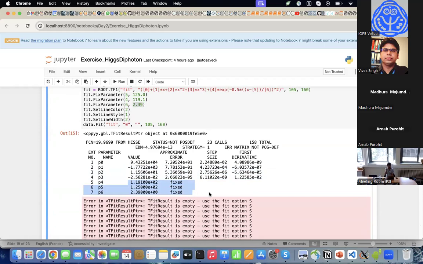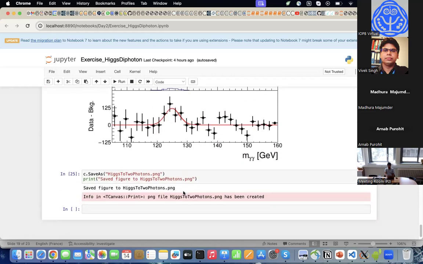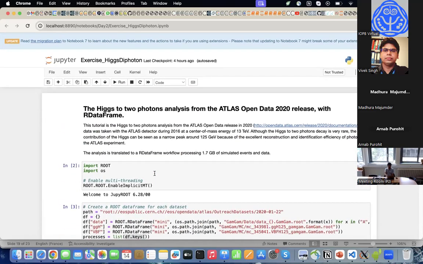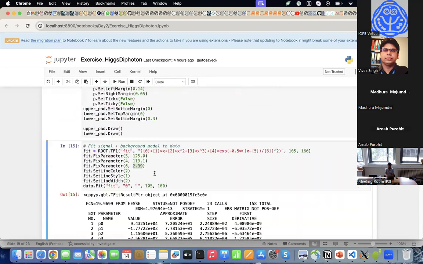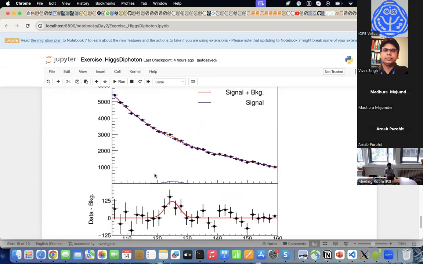And we can see that it will also have some uncertainty like other parameters which are floating in this case. So that's all about this exercise. At the end, we can store this canvas into one file, and then we can put it in our paper, what we want to publish, right? So that we have discovered Higgs. But the thing is, you can see that within only a few lines of code, we can discover Higgs from the dataset. Now the question is,